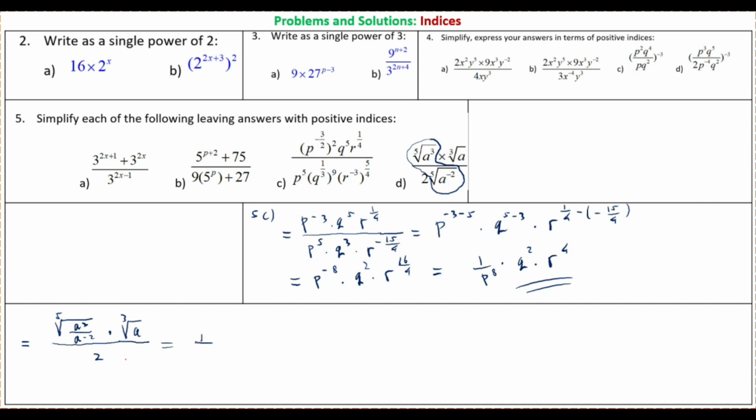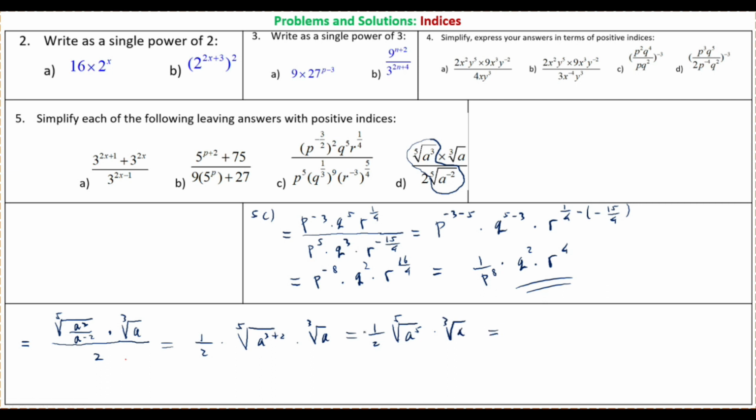So we've got 1 over 2 times the fifth root of a to the power of 3 plus 2 times the third root of a, and that equals 1 over 2 times the fifth root of a to the power of 5 times the third root of a,